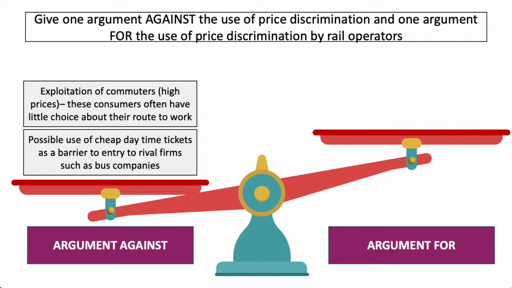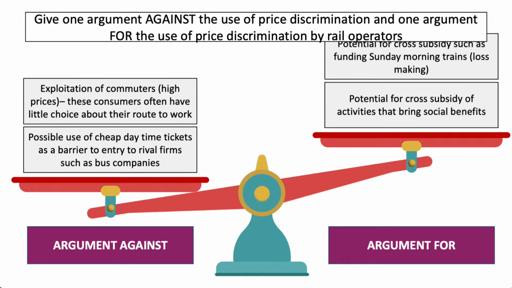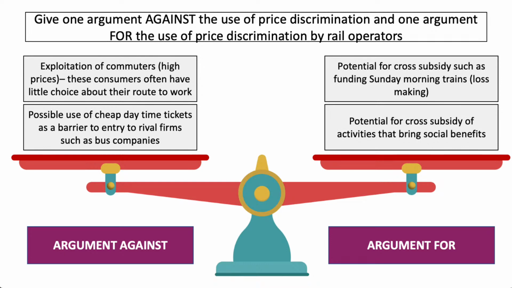Why should we let rail operators use price discrimination? So George's come in with another argument, this time against arbitrage. Okay, I'm not sure you can resell your tickets, so I'm not sure about that one. So let's have a look. Aaron says for dynamic efficiency, as supernormal profits are made, they can reinvest into improving trains and railways.